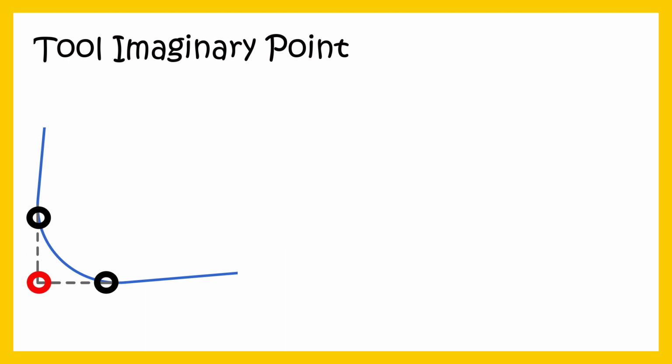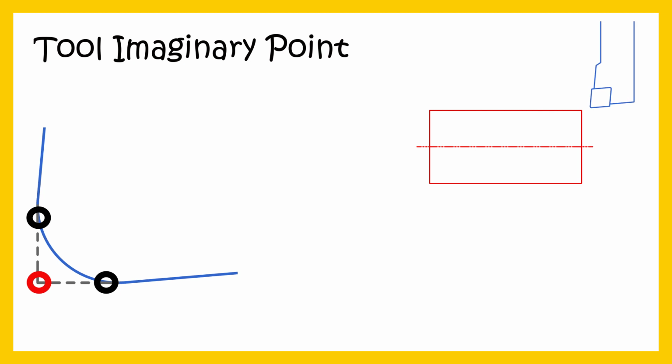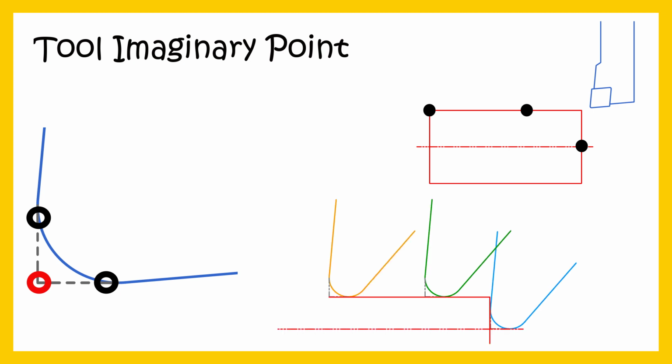Let us take one example. We want to call our tool at 3 different positions of our workpiece. Let's consider this is point number 1, this is point number 2, and this one is point number 3. So now, if we see here, the tool's imaginary point is following and reaching at the called points.